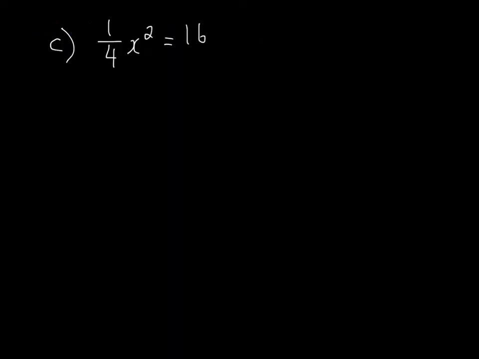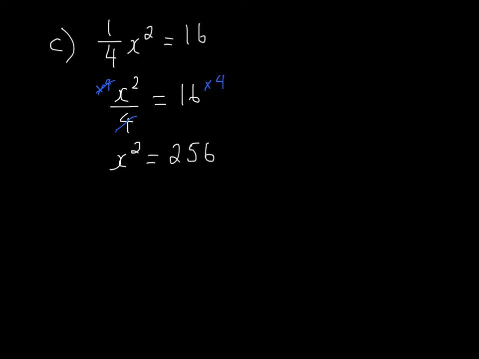Let's do the final example now. We have a quarter x squared equals 16. I can rewrite that as x squared over 4 equals 16. It means the same thing as a quarter x squared, but it can just be written like that. Remember, we need x squared by itself, so we need to get rid of the 4. So I need to multiply both sides by 4. That will cancel that out there. Therefore we get x squared equals